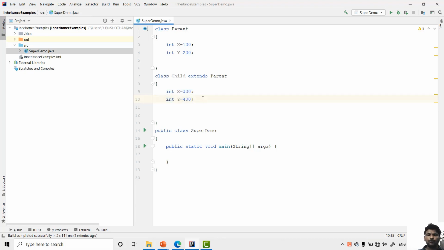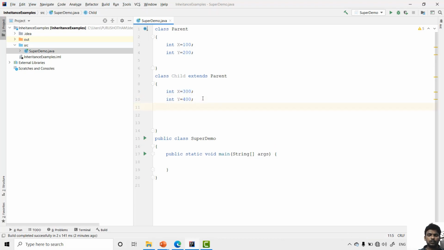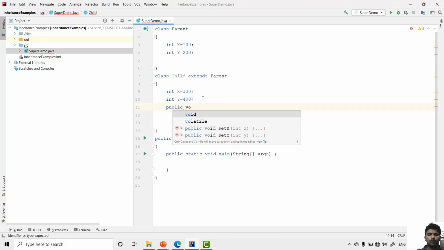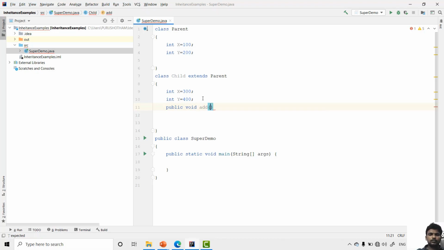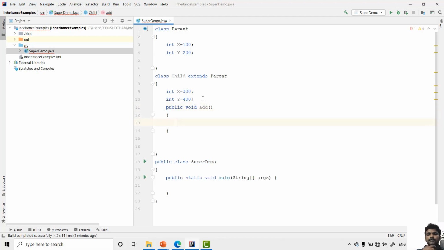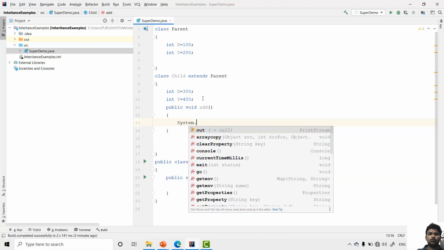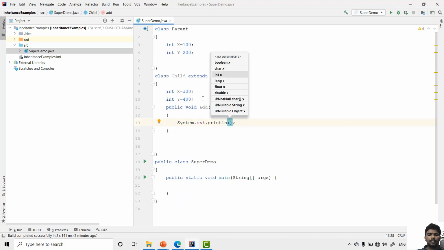Now suppose you want to perform an addition operation, so I have a method, public void add method. In this add method I want to add the parent class variables and the child class variables. So System.out.println, I want to add the parent class variable, so x plus y.